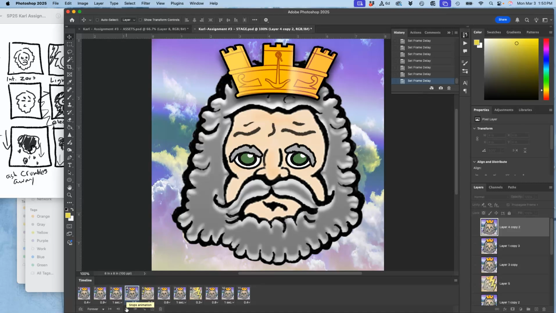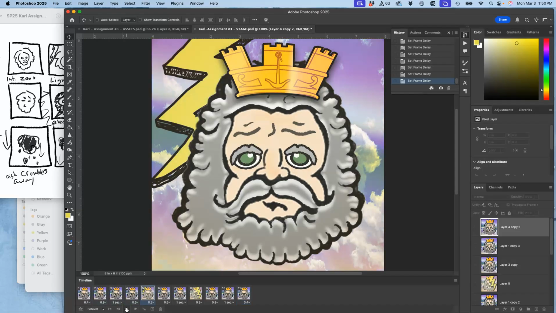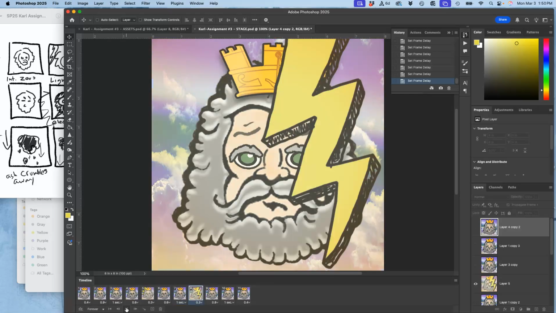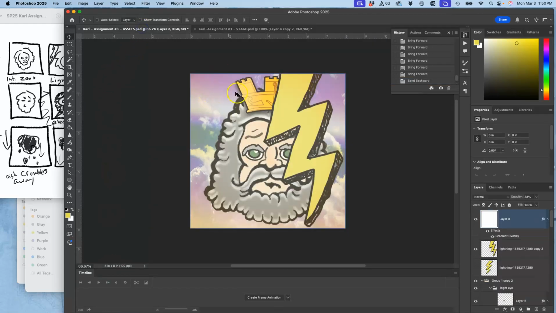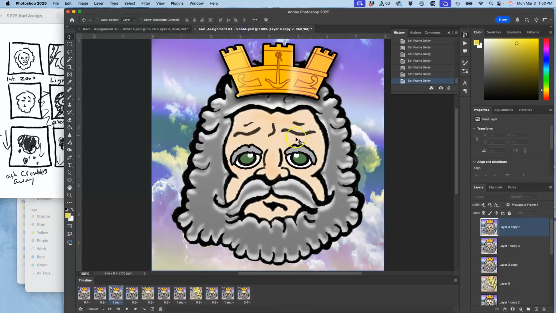Okay, now here's the problem. Now all of that seems a little bit more believable, and he's a little bit more surprised by these animation strikes. Okay, here's the problem though. If I were to add my next frame from my assets and put it in, it would overwrite all of these, because this is what you do at the end. But what I can do is make a screen